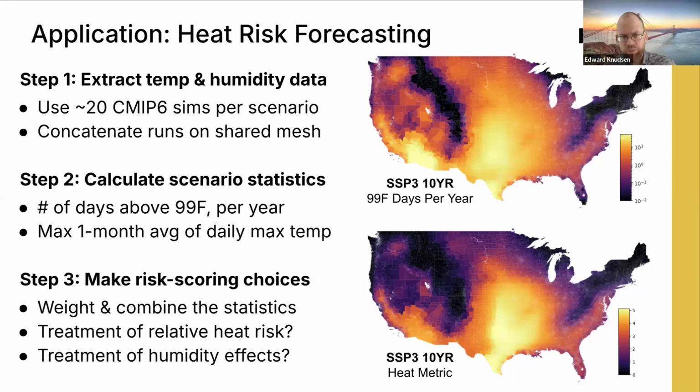Yeah, that's exactly right. And it goes back to one, probabilistic interpretation, and two, relative versus absolute risk. So we don't want to entirely ignore relative risk. We want to account for the fact that a hot day might be very serious in London at a much lower temperature than India routinely gets. But on the other hand, if we go too far in that direction, then every location in the globe will have a 6 or a 7, and your risk score is effectively meaningless because there's just risk everywhere. So we try to balance some of that.